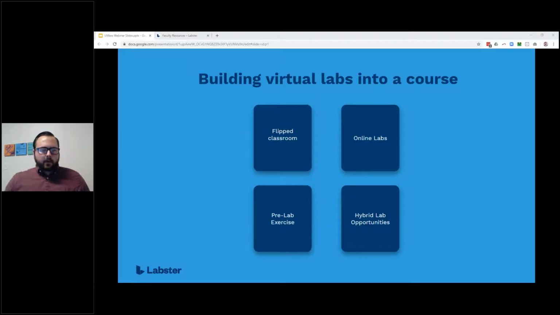The flip side to this is for those online courses. Nearly 1 in 4 students are taking at least one course online as of the beginning of this academic year. And I know many schools are looking to add online components to their courses so that they can accommodate those students wherever they are, offer a wider variety of courses, work with space constraints, allow the students to take courses year round and really stay on track to graduate. And I know this is something that UMass Amherst is looking to do as well with the University Without Walls, which is kind of how we got roped into this partnership here, kind of how it all started. But again, there's a lot of different ways that Labster can be used.